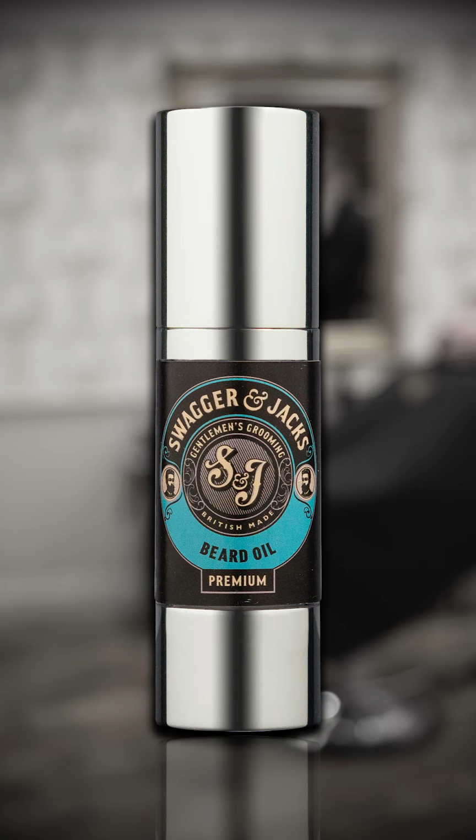For established beards, move on to a beard oil. Longer lengths need more hydration to manage the natural coarse texture of the whiskers. Best applied to damp whiskers to soak into the cuticle layer or to a dry beard for a high shine